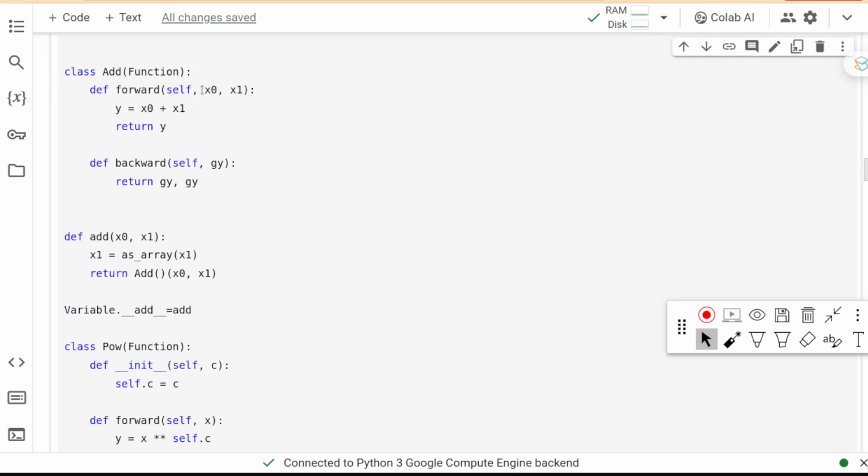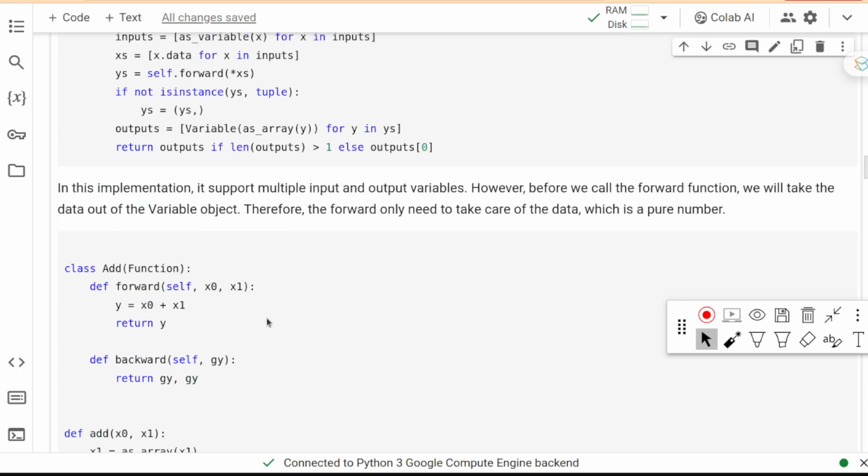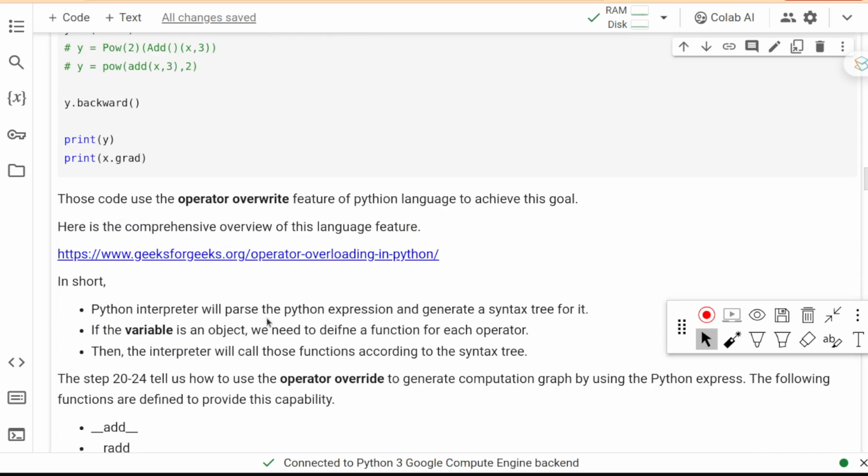But we can have multiple arguments now, and actually the most important thing is the Variable's __add__ method. This syntax is called operator overloading. If you want to know more about operator overloading, you can check this link. There is a more detailed explanation of the syntax.